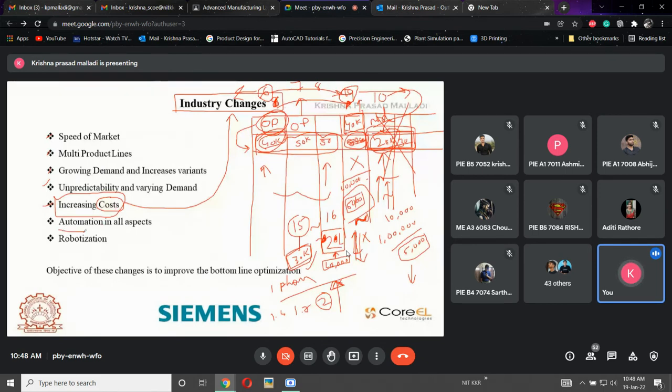Okay. Next, automation in all aspects. If the demand is more, like in iPhone cases, like these OnePlus cases, every year there will be a demand of 10,000 components. If there is a demand of 10,000 components, what will happen if I use a conventional machine? Will I be able to get the production? No, sir. If the production is continuous, if the production is on a large scale, then in those areas I need to adopt